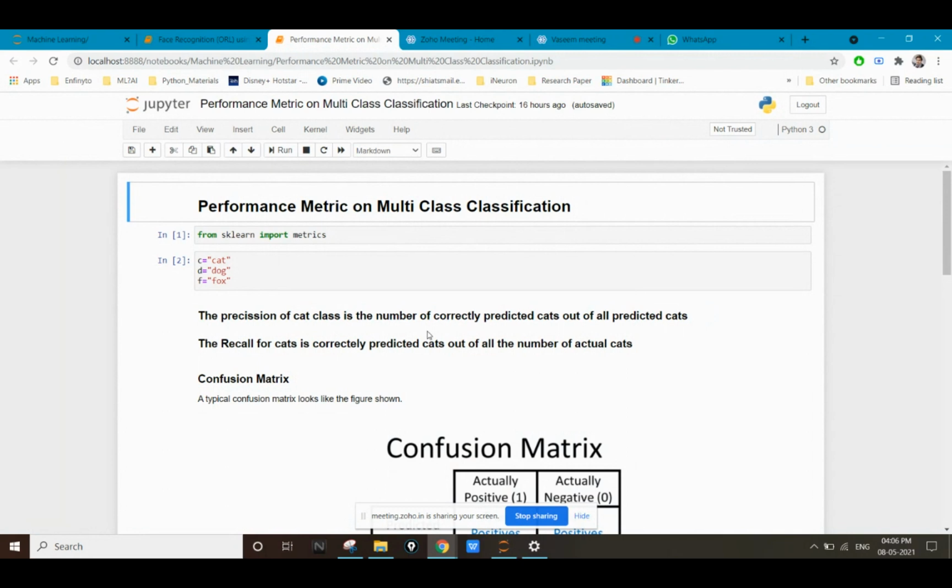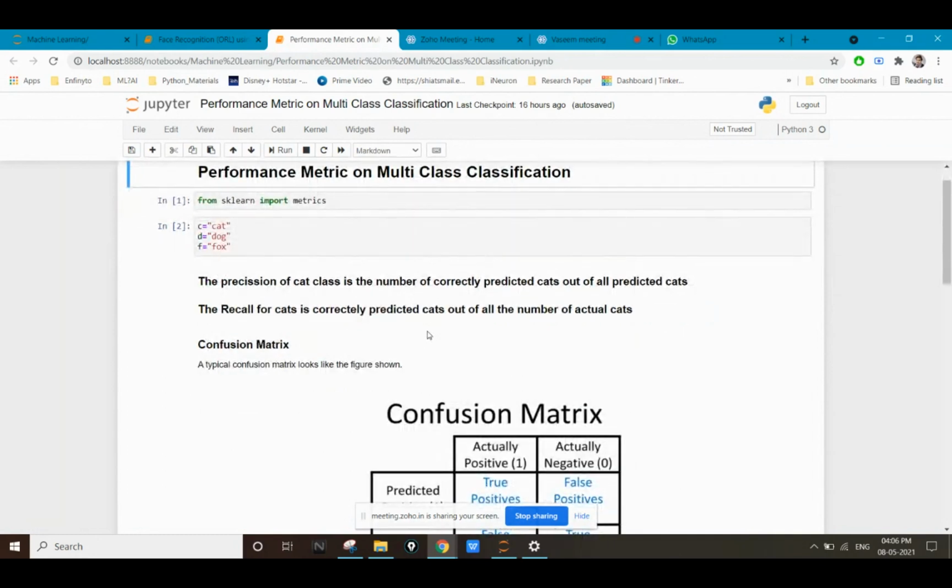Plus, with the help of this matrix only, we classify two more important terms which are known as precision and recall, which in combination also give us the F1 score, which is very, very important for changing your machine learning model into a production model or into an industrial standard model. Okay, so let's start with what is classification and what is a confusion matrix.